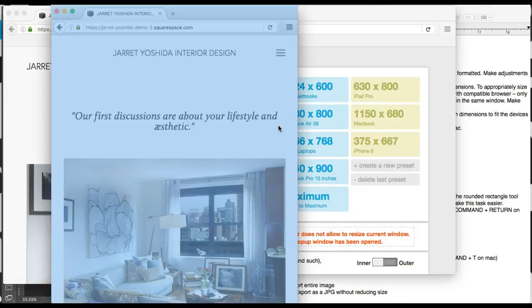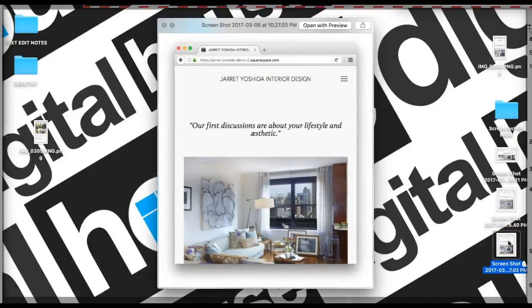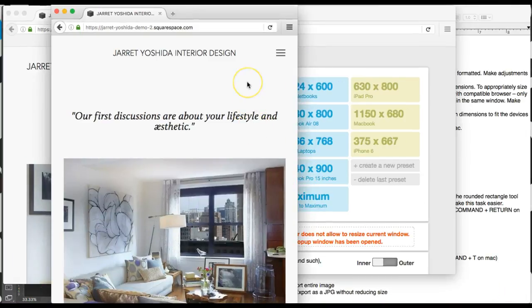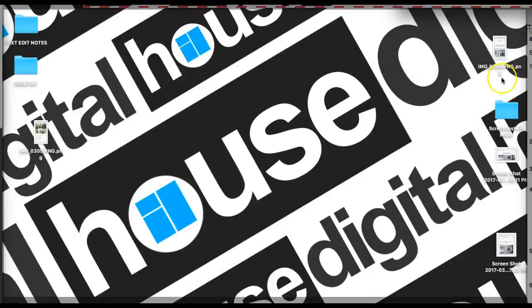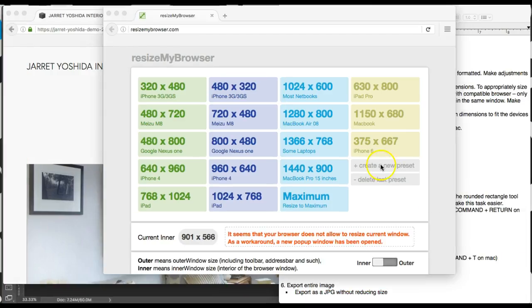Okay, there I go. That's what I wanted. So we'll go ahead and delete this one. All right, I'm going to close this window. And then for the iPhone 6, I actually took a screenshot with my iPhone 6, and I have that here. Okay. If you don't have an iPhone 6,